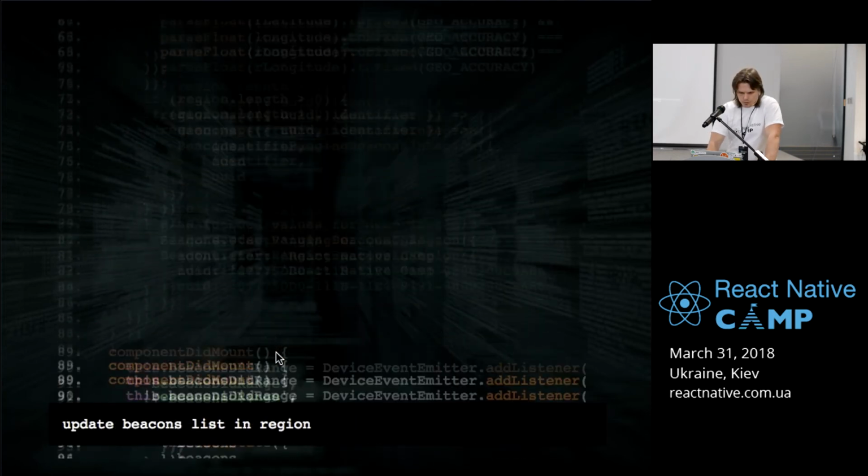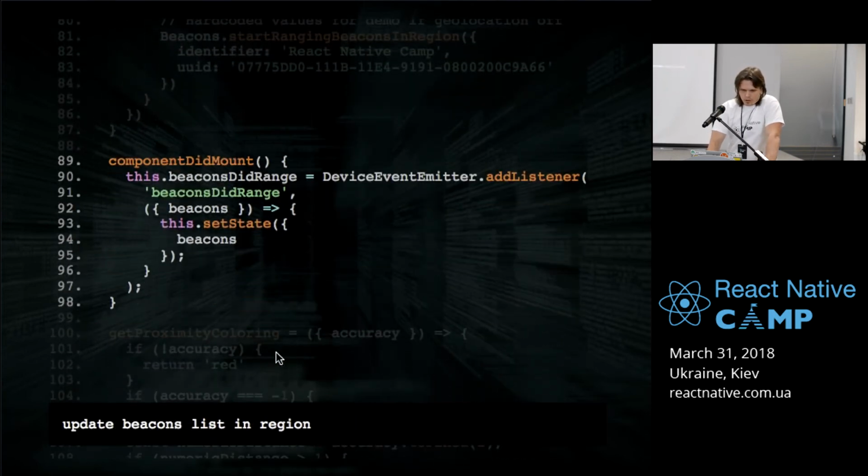Let's get back to our function. Then we add a listener, using DeviceEventEmitter provided by React Native. We add a listener to beaconsDidRange, meaning you receive the data from the beacon and then you update state. So this can be done. We can also use, instead of beaconsDidRange and start ranging beacons, start monitoring regions.